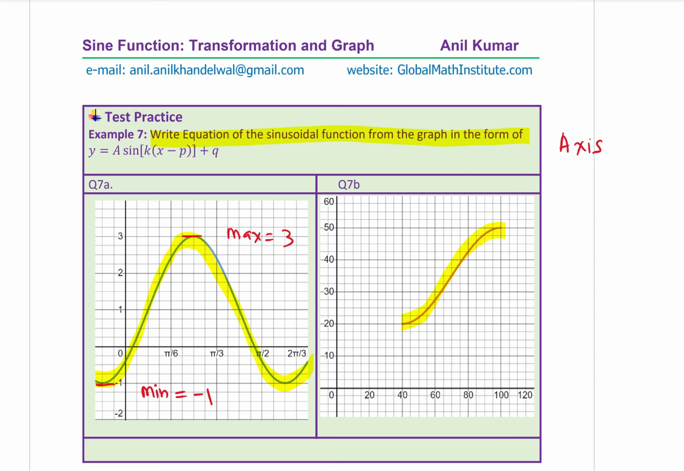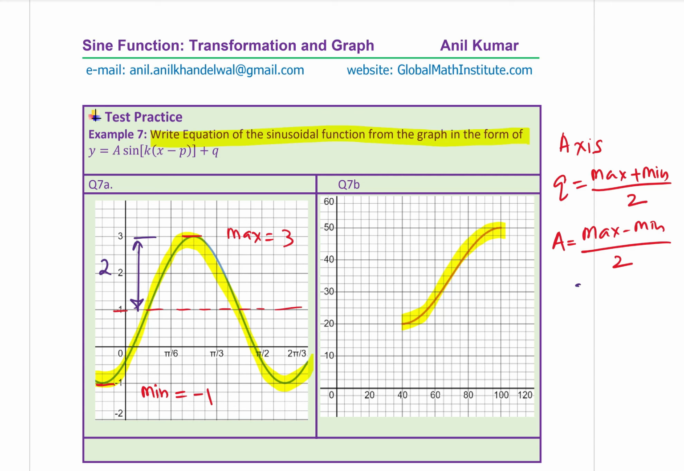So the axis, which is Q, will be maximum plus minimum divided by 2, correct? And then you can work out the amplitude A, which is maximum minus minimum divided by 2, correct? So you get these two values. The axis in this case will be 1, as shown here, correct? And the amplitude here is this difference, which is 2. So you have already got the amplitude equal to 2 and the axis being at 1,